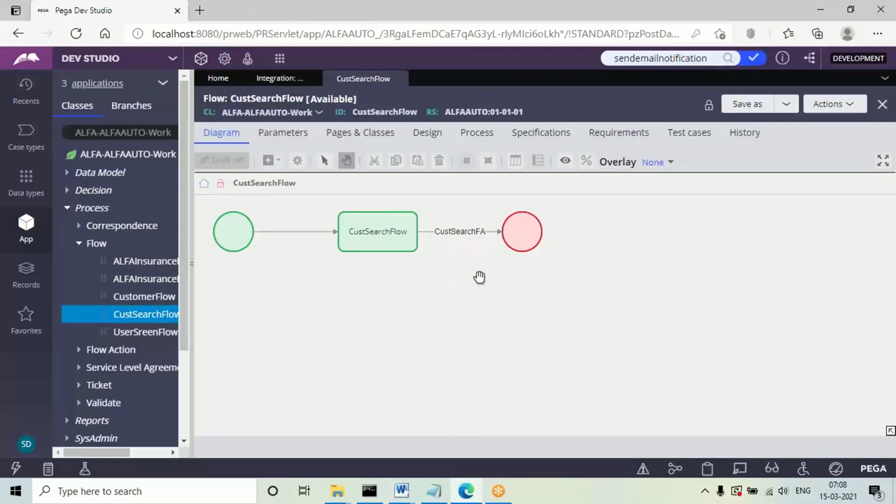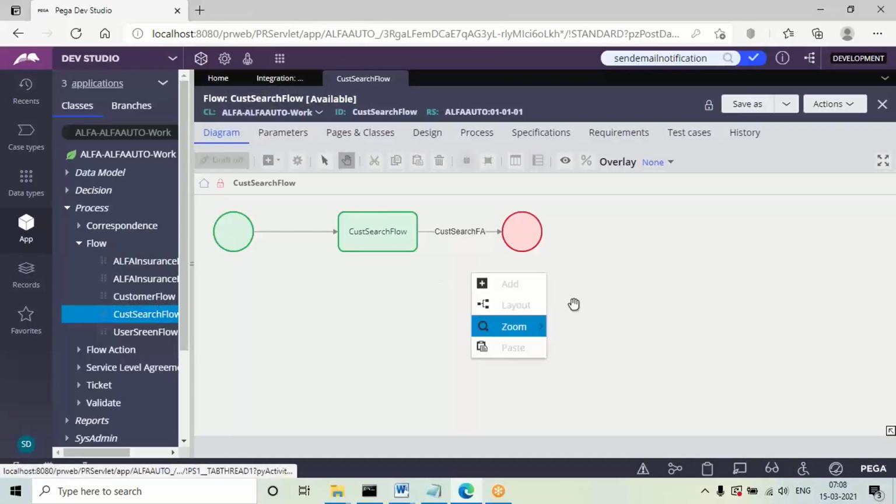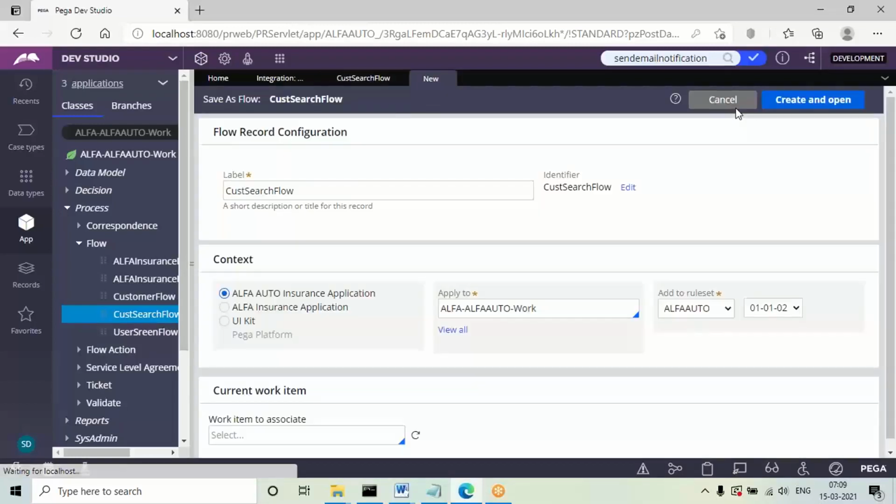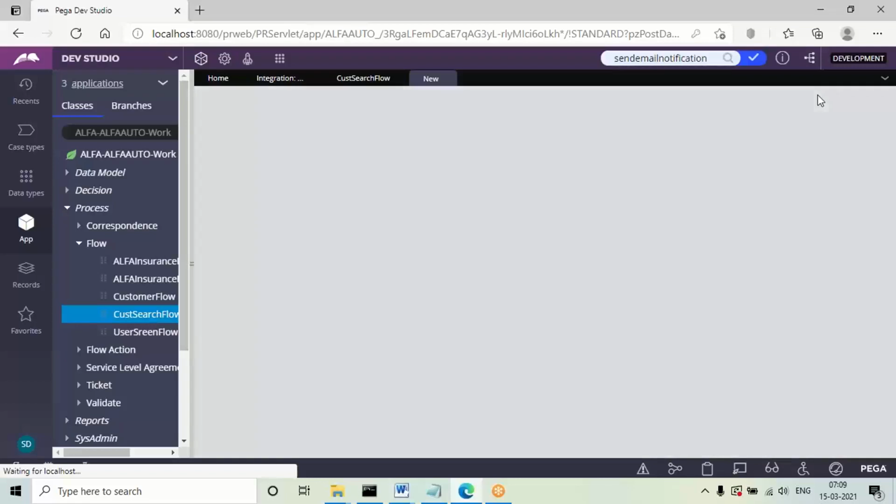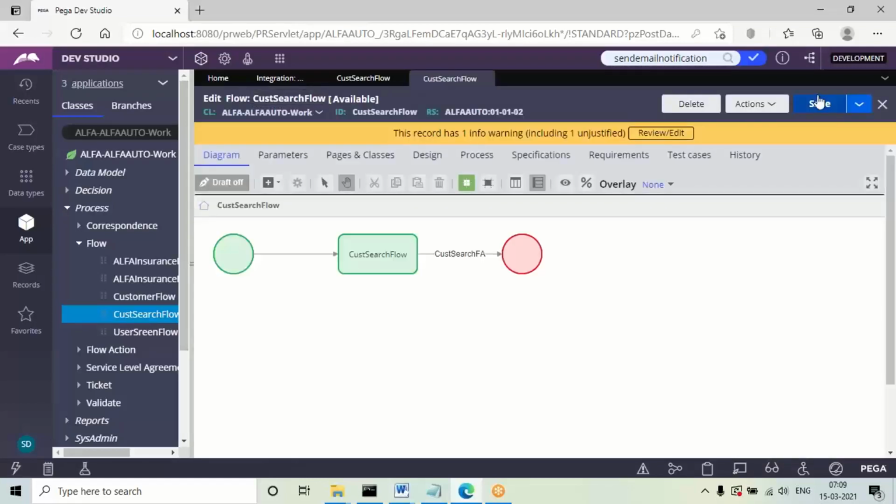See, for whichever assignment you want to send a notification, after that assignment, use the Save as option. After that assignment, we need to use the shape called send email. This is a smart shape or automation shape.